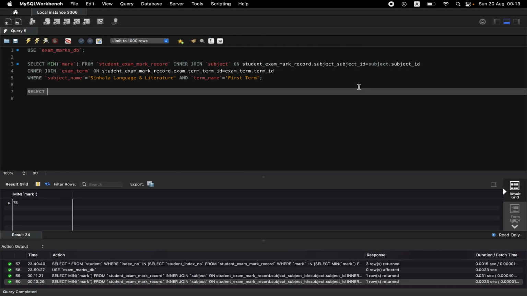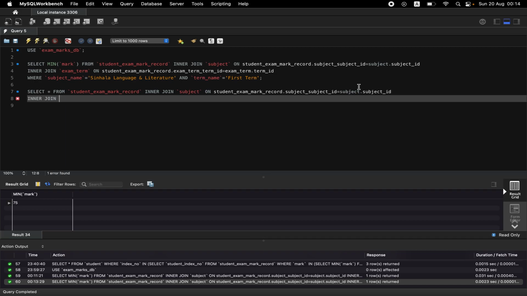So select everything from student, where student exam mark record, inner join subject on student exam mark record dot subject ID equals subject dot subject ID,